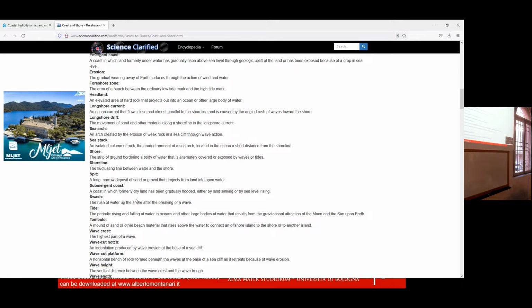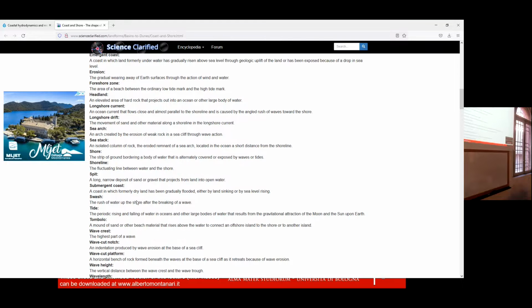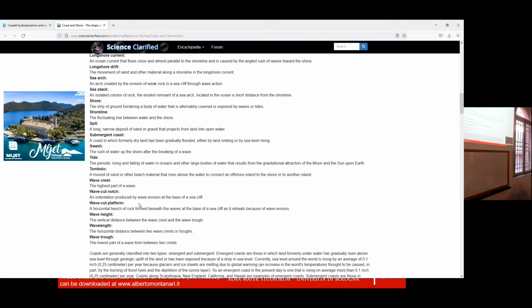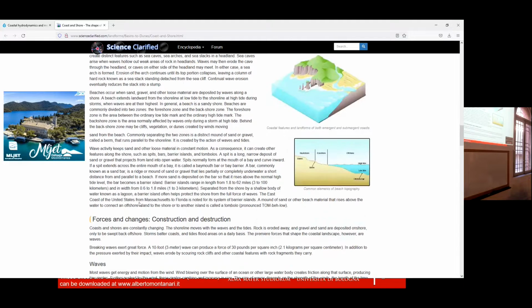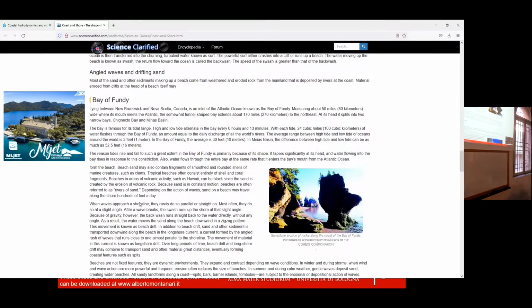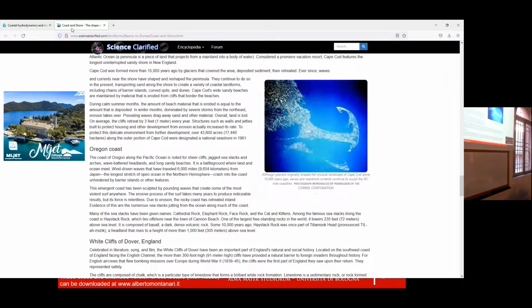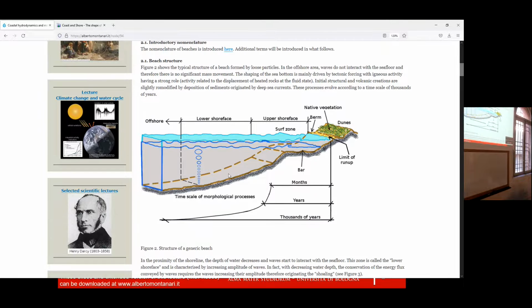And the swell, probably not, because this is a nomenclature for beaches. The swell is a term that refers to waves, and also the fetch. So it's not here. But this page is useful anyway. There is no terminology for waves. Okay, let me just also have a look again at this picture, which clarifies what happens when the